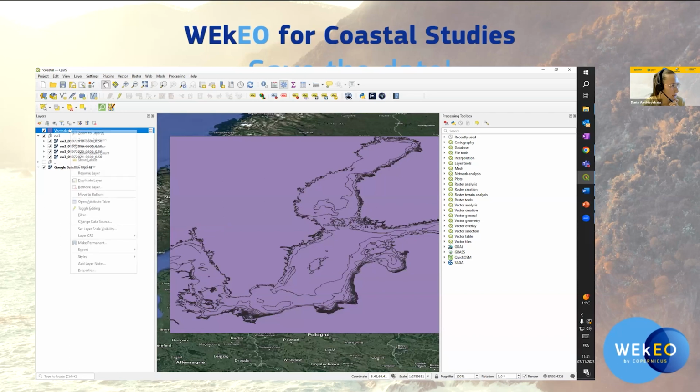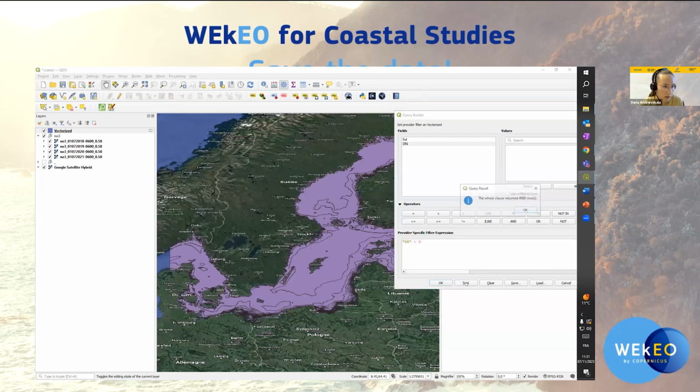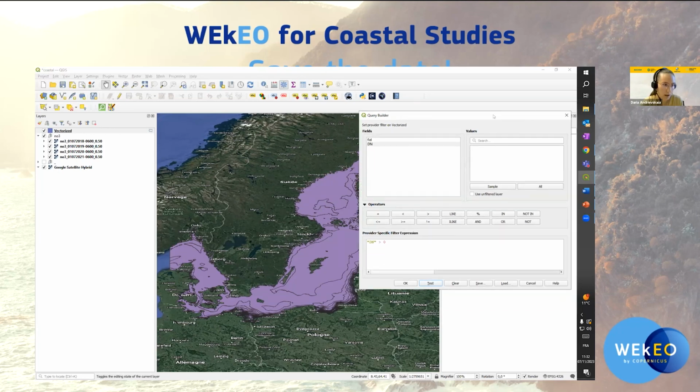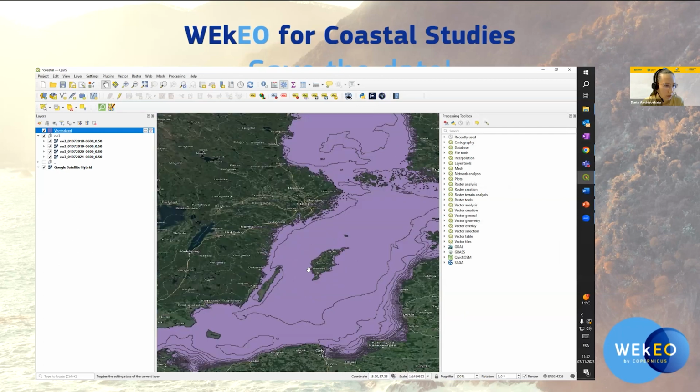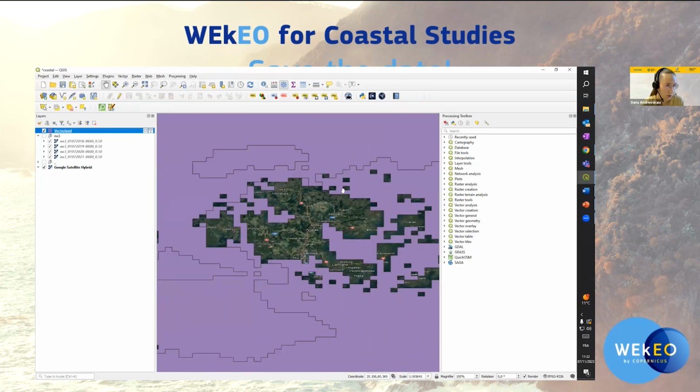On our vectorized layer, we right click and go to filter. Here, we're going to put a formula, because it has only one field, and more than 0. I'll click on test, and we see only water parts. So it means that all other parts which are excluded now are not water anymore. They are land. So we click on OK, and yeah, we can see that it's pretty good